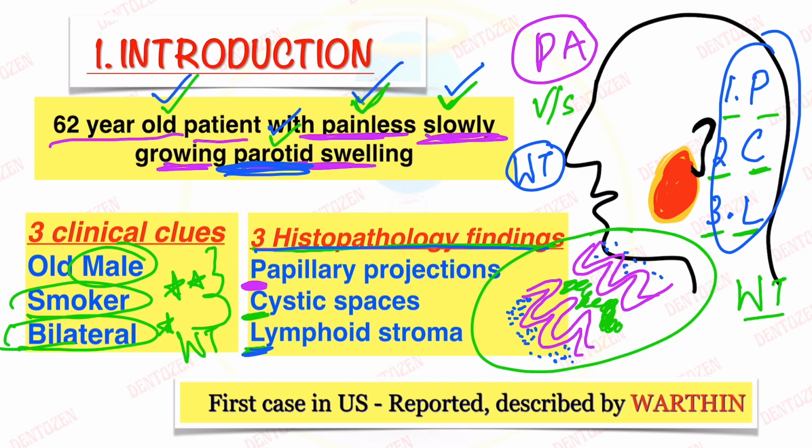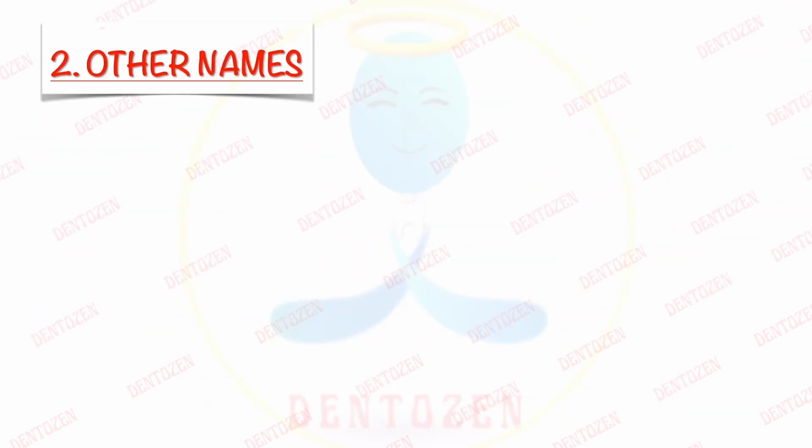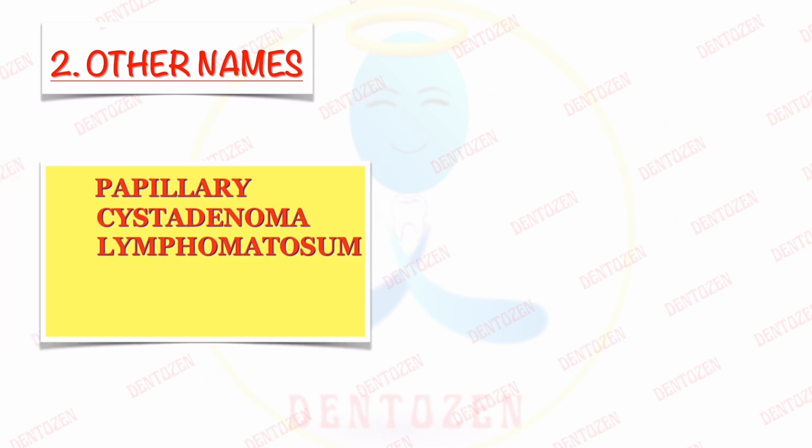Now this first case of this tumor was reported in US and it was described by Warthin. Now talking about the other names, how this tumor derives its other names. Yes, what we have learned, that is from PCL. So this tumor is also known as papillary cystadenoma lymphomatosum. That is your commonly asked viva or NEET MDS Entrance MCQ, that what is the other name for Warthin's